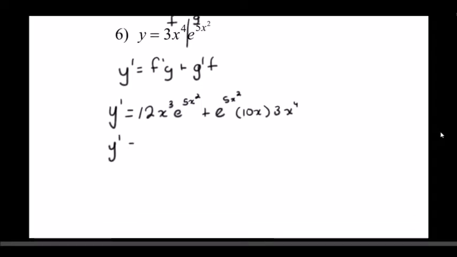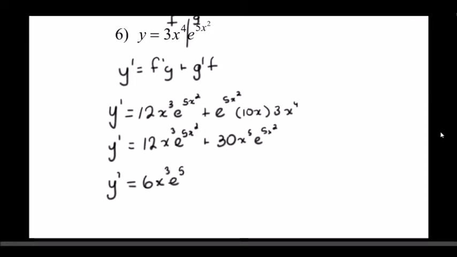So we have y prime equals 12x to the third e to the 5x squared. And if we combine that and write it in front of the exponential, we're going to have plus 30x to the fifth e to the 5x squared. Now looking at terms that can be factored out, we definitely have an e to the 5x squared in common. Between 12 and 30, you can factor out a 6. And between x cubed and x to the fifth, you can factor out an x cubed. So the common factor is going to be 6x cubed e to the 5x squared, which is going to leave